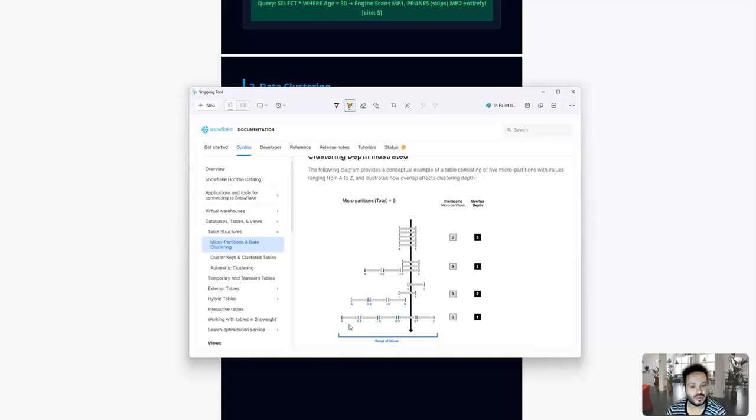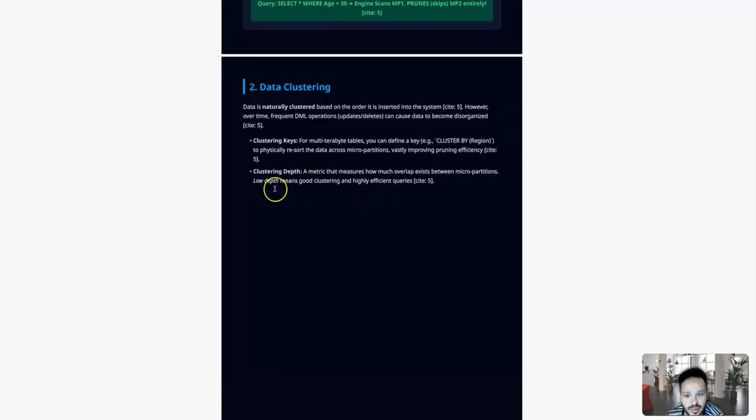The micro-partition total is 5. The depth here is 5, and the overlap here is 0, because you don't have any overlap. This is the best case scenario, and this is the worst case scenario. That's why we say low depth means good clustering. If your cluster has a depth near 0, this is very good because it means you don't have a lot of overlap. This means any kind of operation on your table will be better and faster,